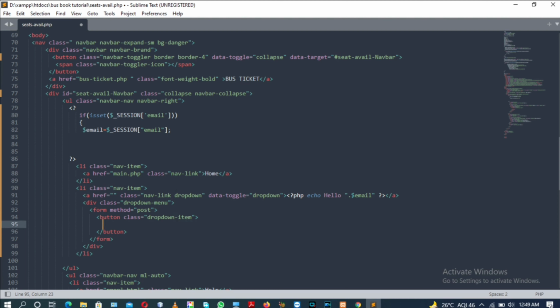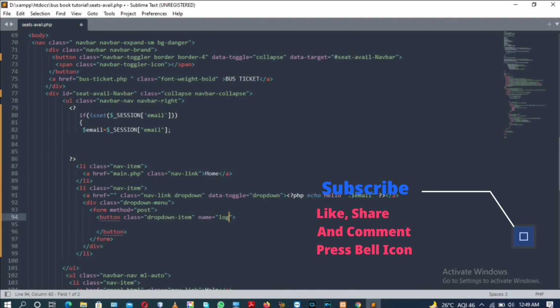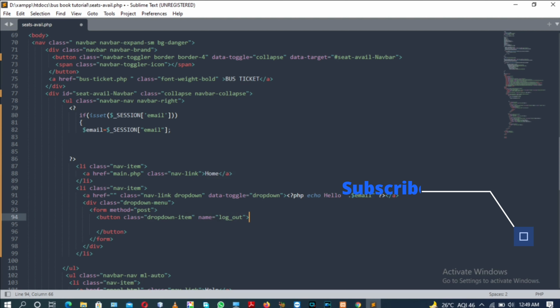Now coming to the coding part. Follow me from line number 95. Inside the button tag, after the class attribute, we will have a name attribute with the value logout, and the content will also be logout.